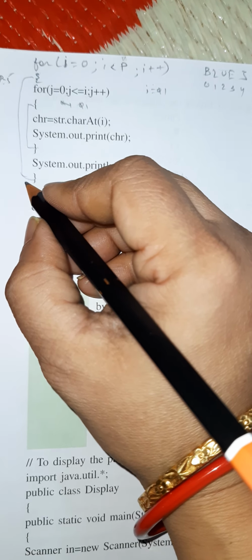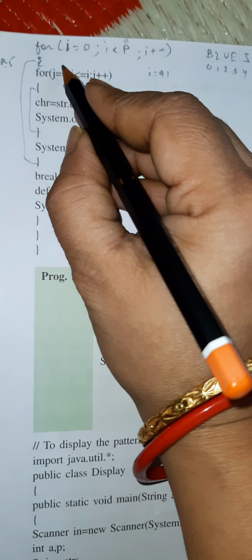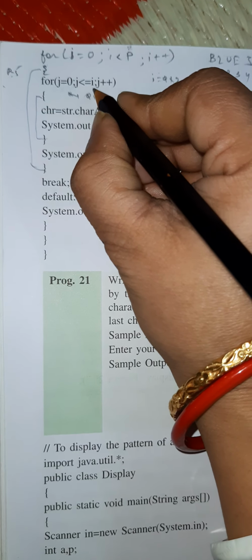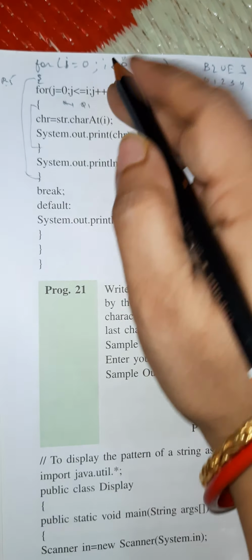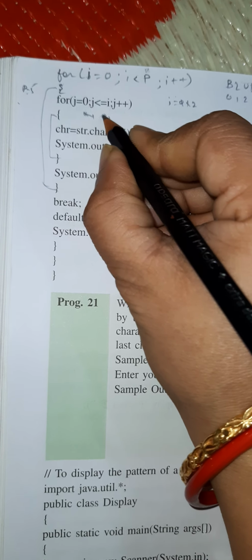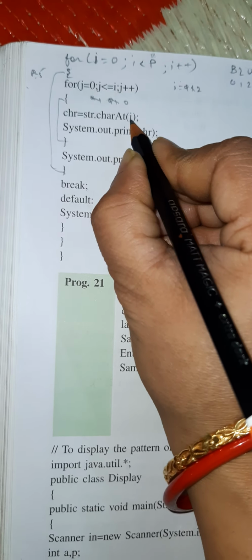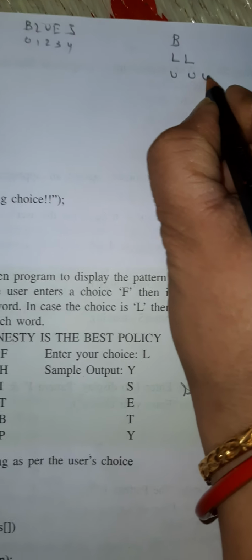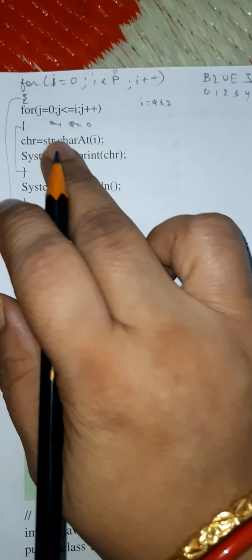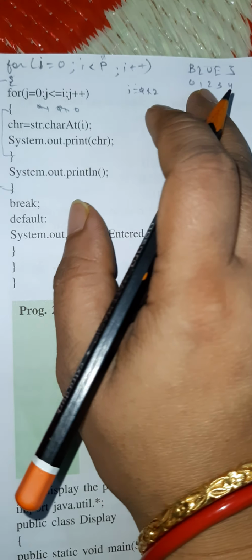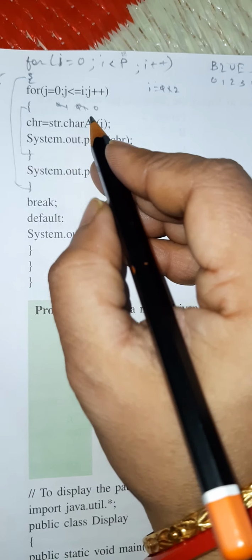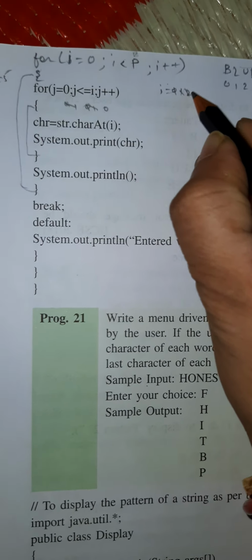Again I is changing to 2, so the condition is true, less than 5, again it will enter, and J will again start from 0. So here I is 2, so it will type the character at position 2. In that way, 3 times it will type, because the I value is 3 times, so 3 times the 2 will be typed. And then again I will change to 3.